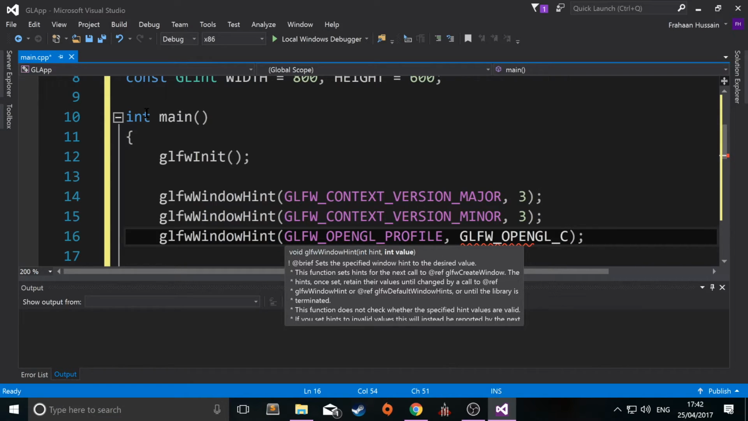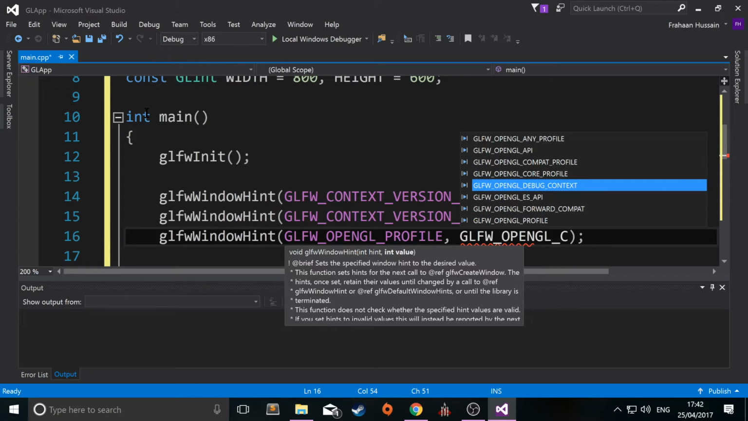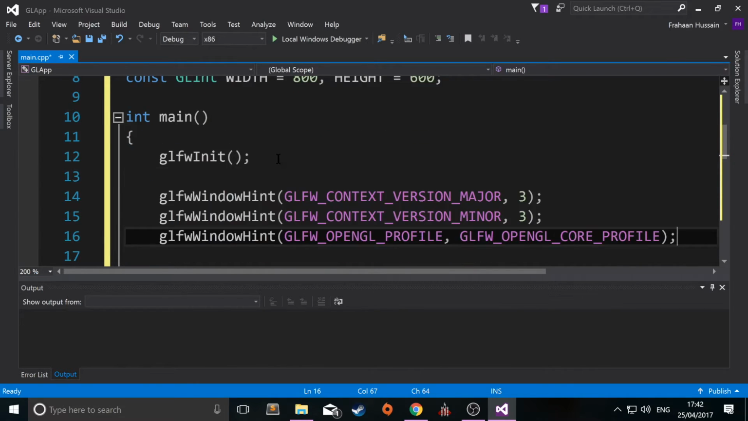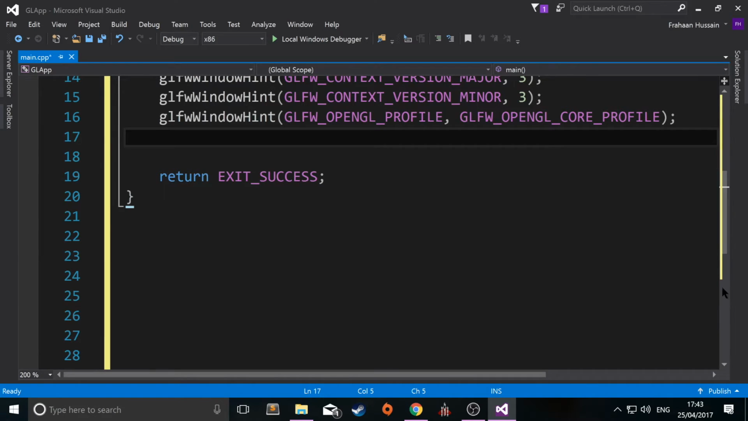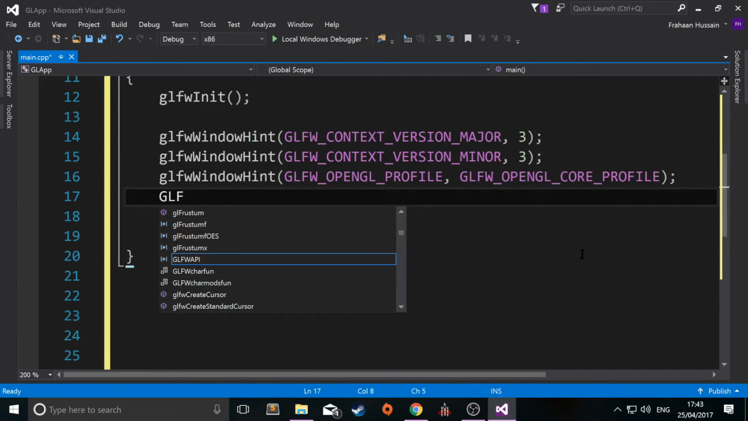OpenGL_CORE_PROFILE. So that's all good now. I'm actually going to close this so we've got a bit more room to work with. Now we're going to set another window